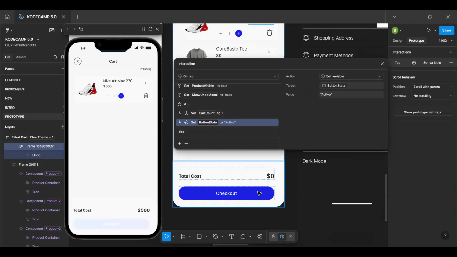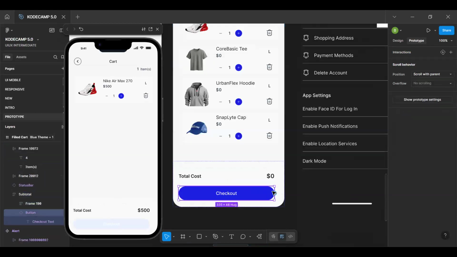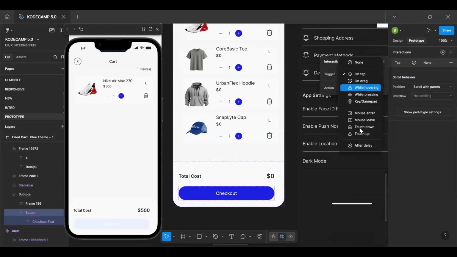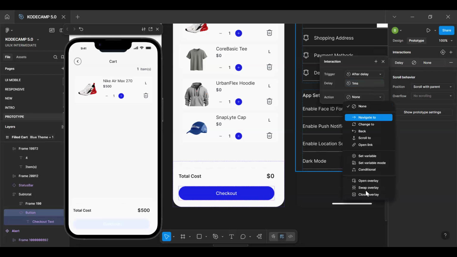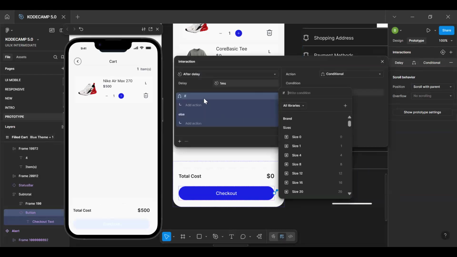Let's go here. No. This will not work because I'll need to perform an action on this. But at the same time, we can use an action of a delay, so that when it loads, after 1 millisecond it should take on that condition, that if cart count